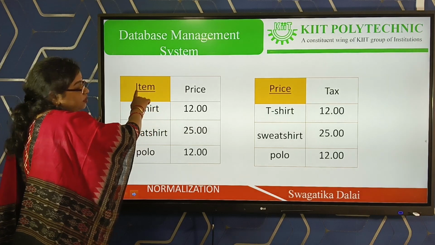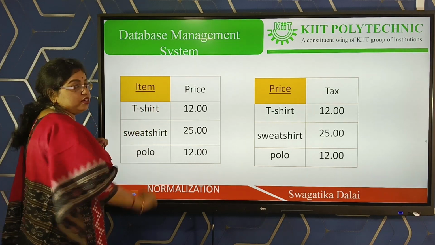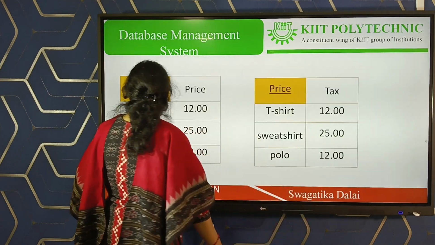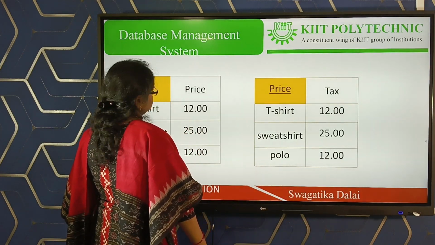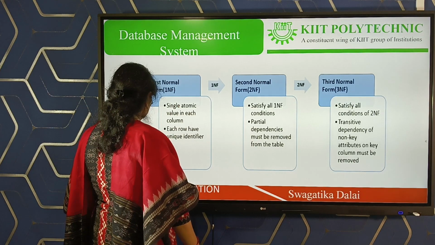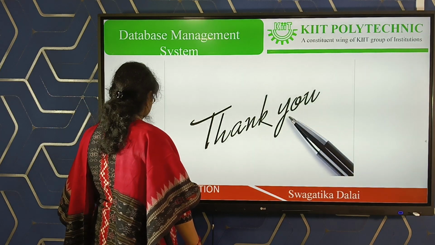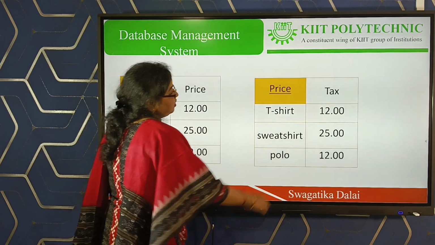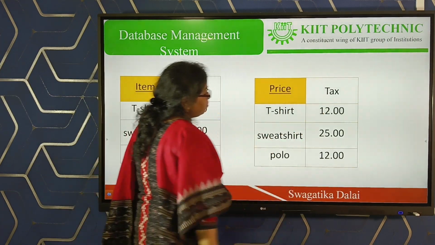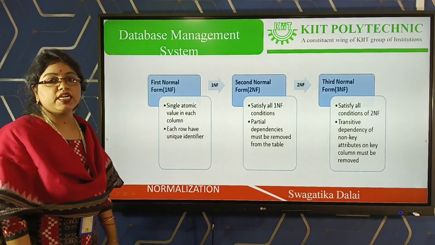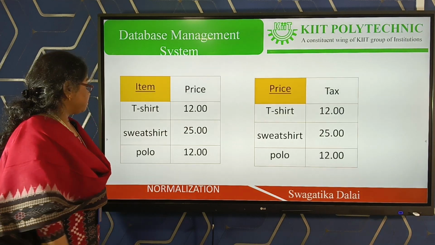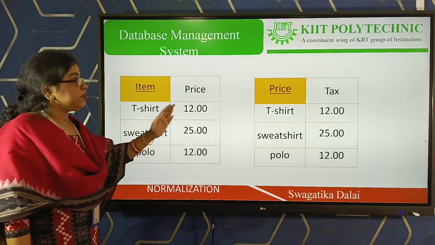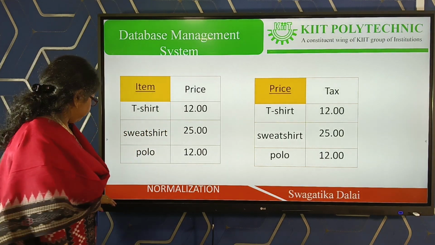Here price is fully dependent on item. In the second table, tax is dependent on price. That means full functional dependency occurs here. So now the two tables are in 3NF.